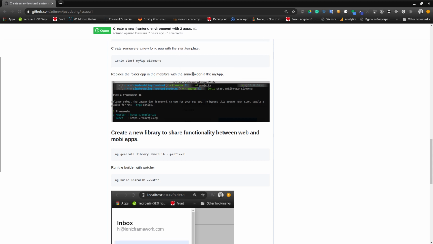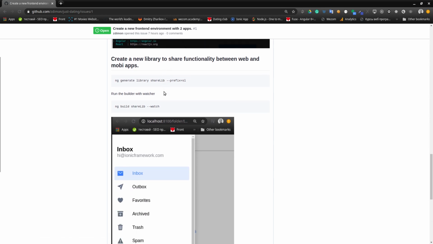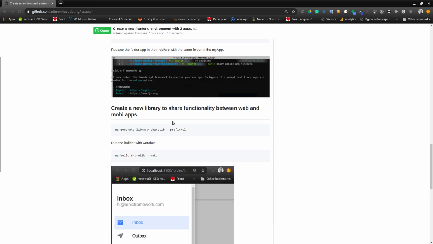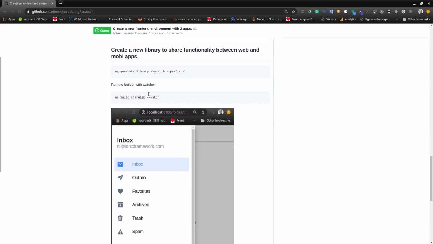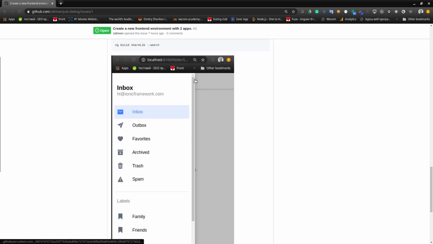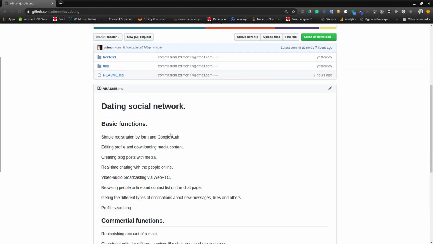And from that example I copy-pasted one directory which is named app, but before that I created another new library by the command generate library shell lib. And this library I created for sharing some functionality between my two applications, web and mobi. And then I got such an interface. And today I'm gonna dwell on the backend side of my super project